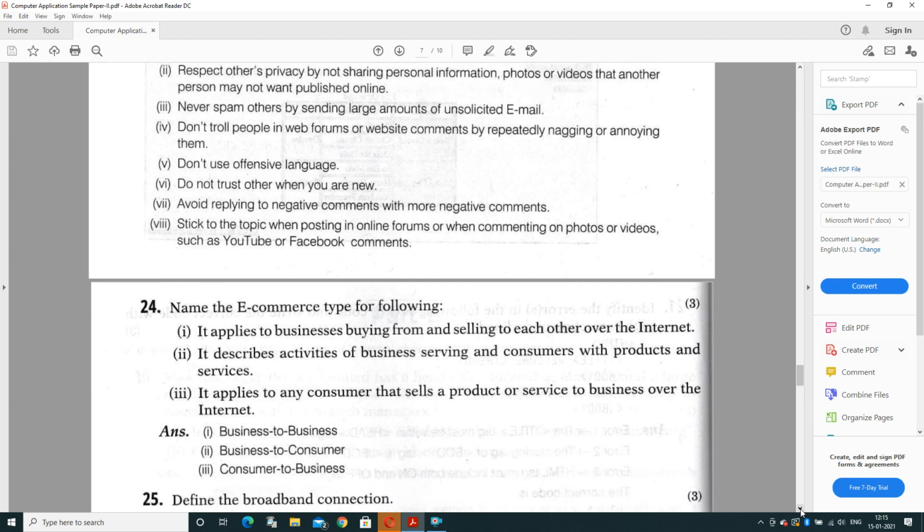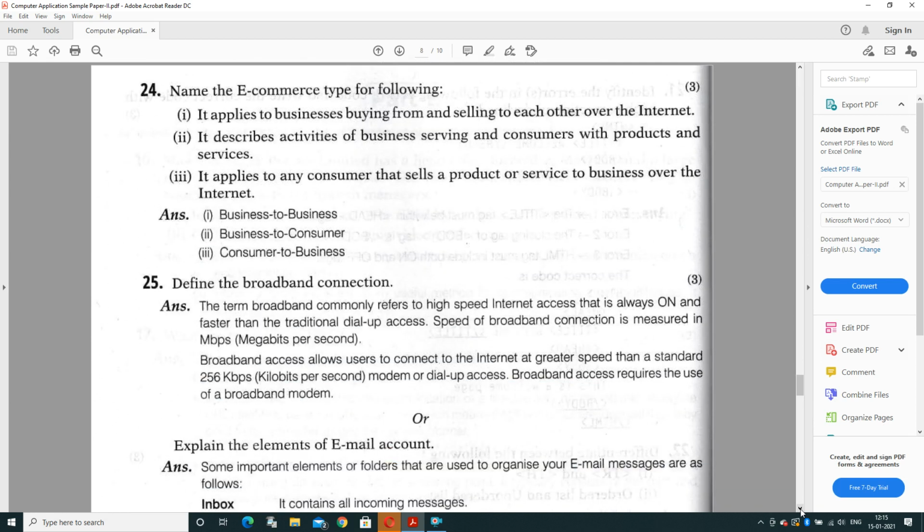Question number 24. Name the e-commerce types for the following. Like problem 1 is there. It applies to businesses buying from and selling to each other over the internet. That is known as B2B communication, or business to business communication, because one business is transferring to another business, selling and buying is between businesses.